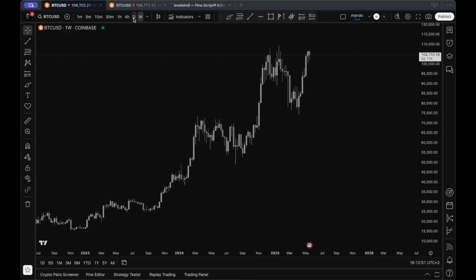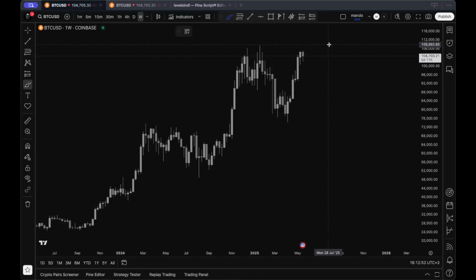But as you can see, it is followed by a weekly open reversal. In my opinion, this is huge. The weekly close right into 107k, almost 106 point something,